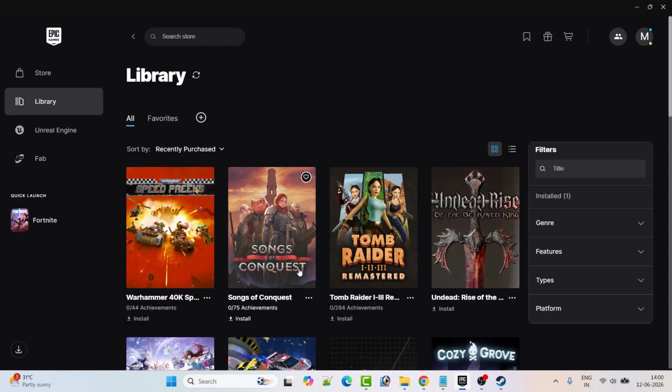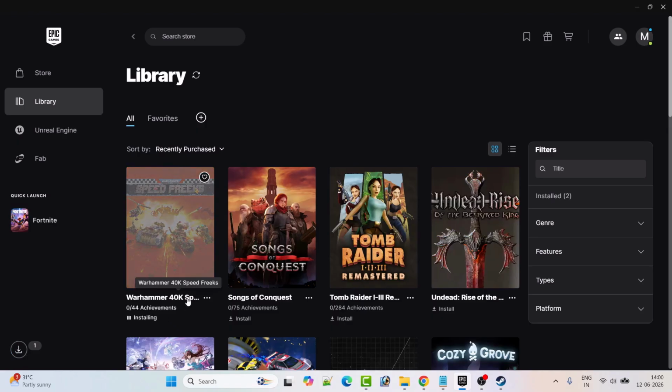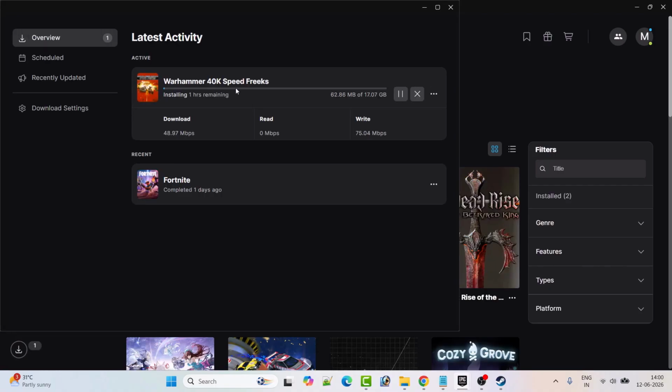Click yes to allow, and then you can see that Warhammer 40k Speed Freaks game is getting installed on my PC. You can also click on this download arrow icon, and here you can see Warhammer 40k Speed Freaks game is getting installed. So this is how you can also download or install Warhammer 40k Speed Freaks on your PC via